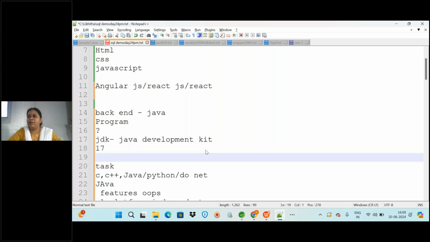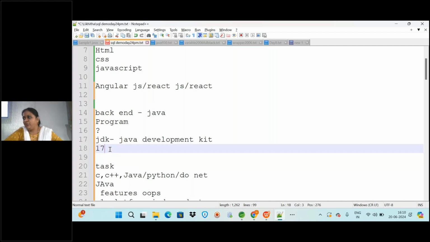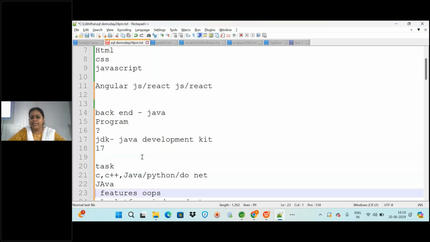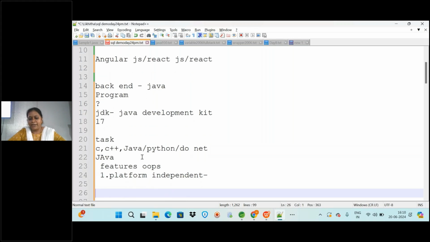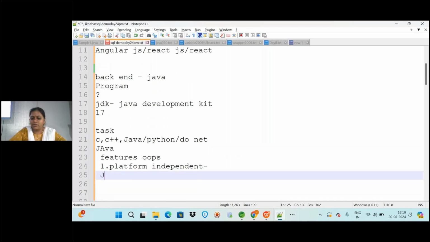Later, while developing applications, we require the JDK with the perfect version. You will be configuring with a database and some servers, and for that, Java 17 will be perfect. You can install that on your PC when you start Java programming. To make this platform independent, we have the JVM, the Java Virtual Machine.